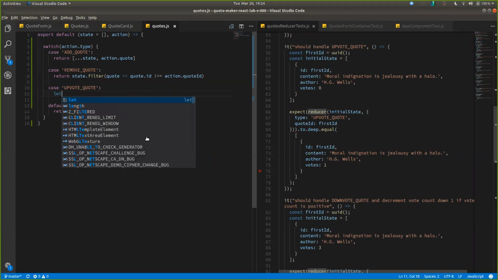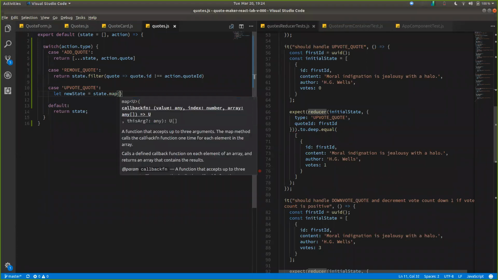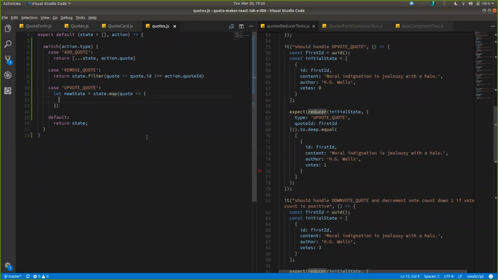So let new state equal state.map. So we want to map over our array and go through each quote and say, if that quote.id is equal to the action.quote.id, then we want to return to that map the object of